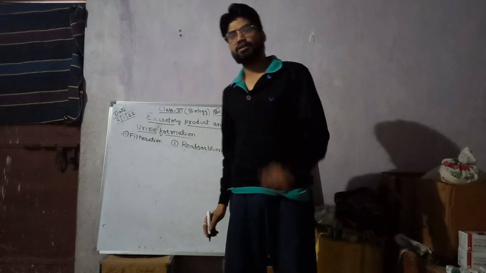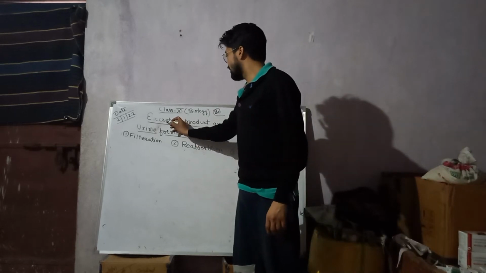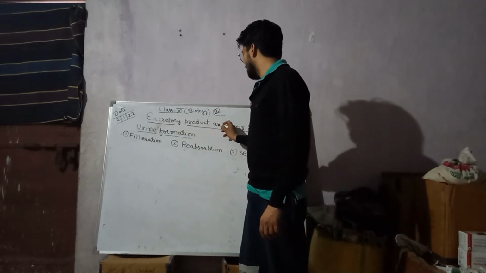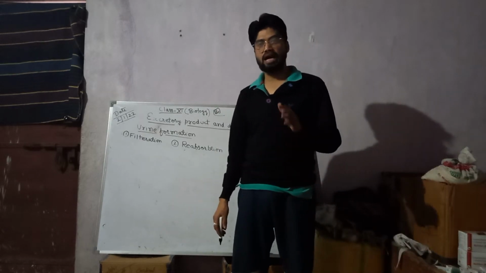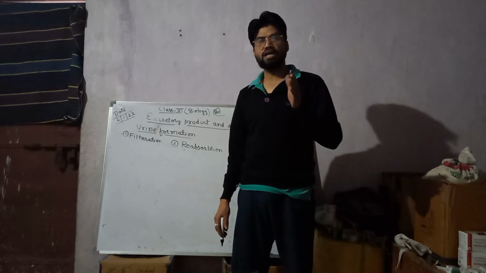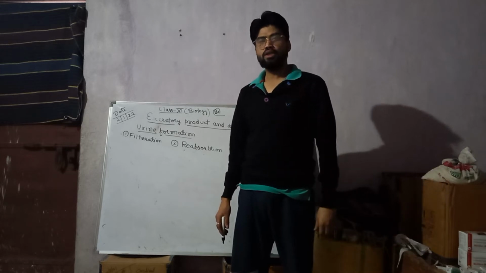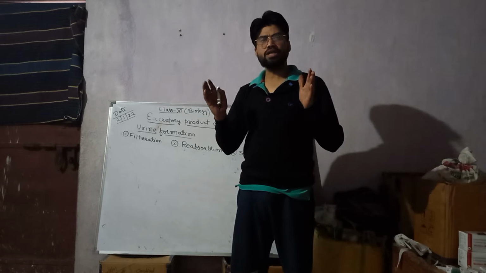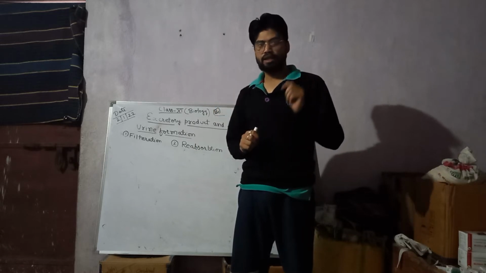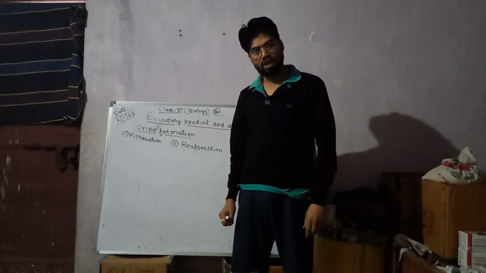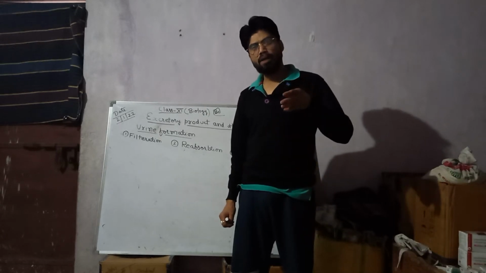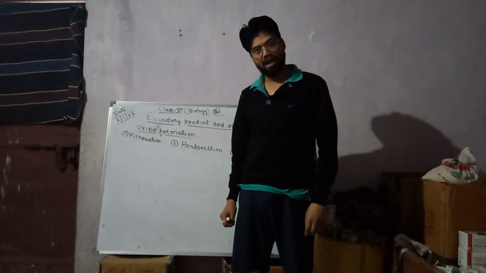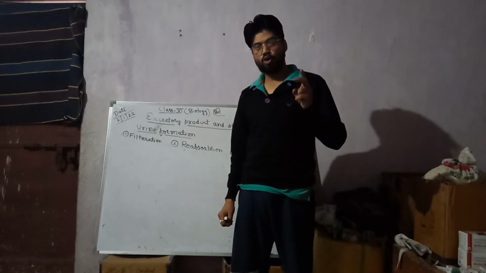Good morning, students. We are in the chapter on excretory products and their elimination. In my previous class, you already learned about the structure of the nephron. You know that the nephron is divided into two parts. The first part is known as the glomerulus and the second part is known as the tubular part. And this tubular part is again subdivided into four parts, that is PCT, loop of Henle, DCT, as well as